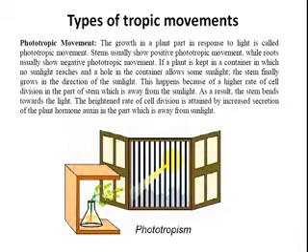Example and experiment you can conduct to prove phototropism. Now see, a little plant is kept here on the side of the window. You know, through the window sunlight is coming. So always the plant bends towards the sunlight. This is an example of phototropism. Sunlight is needed for photosynthesis. So the shoot system bends towards sunlight. There is no change in the root system. The root system always likes to remain in the water, while the shoot system bends towards sunlight. This is phototropism.